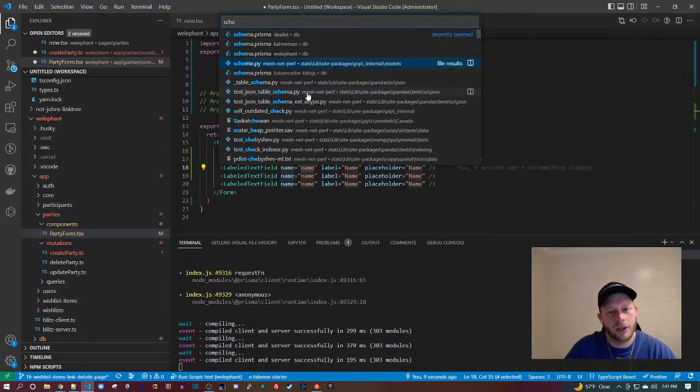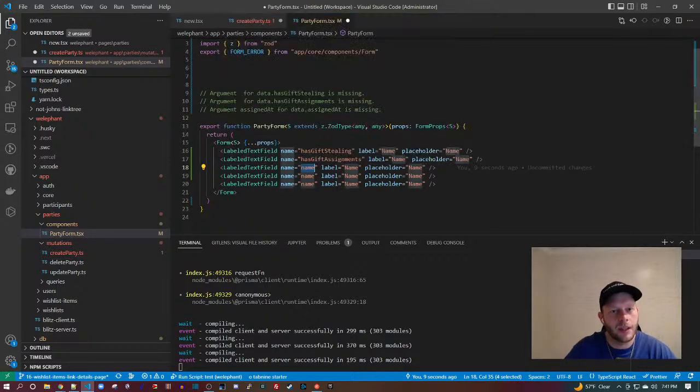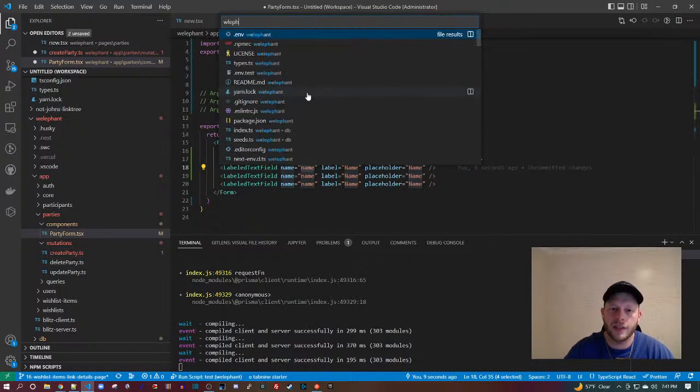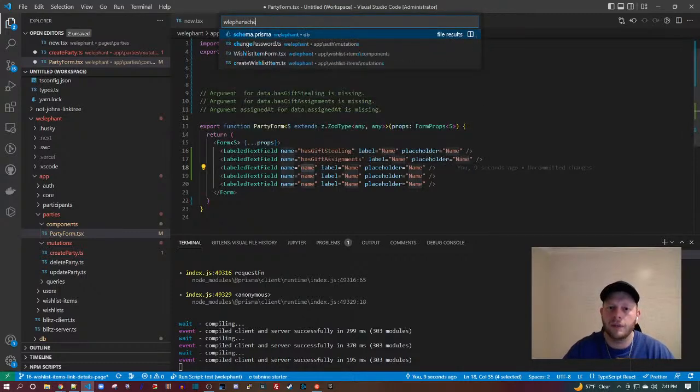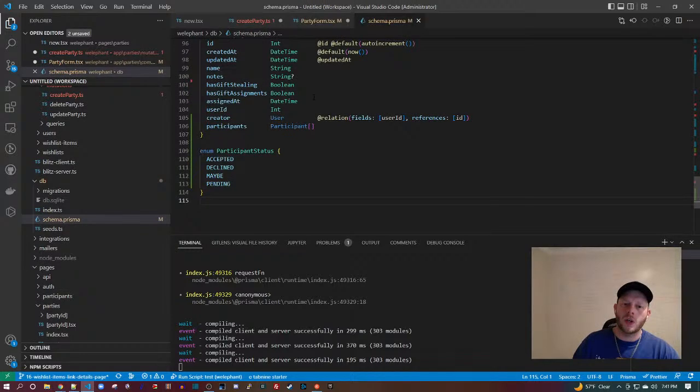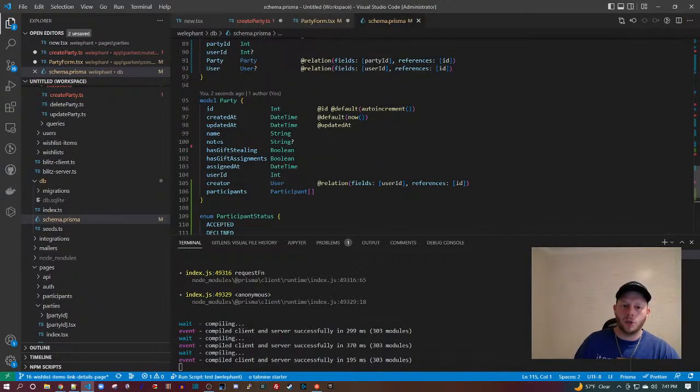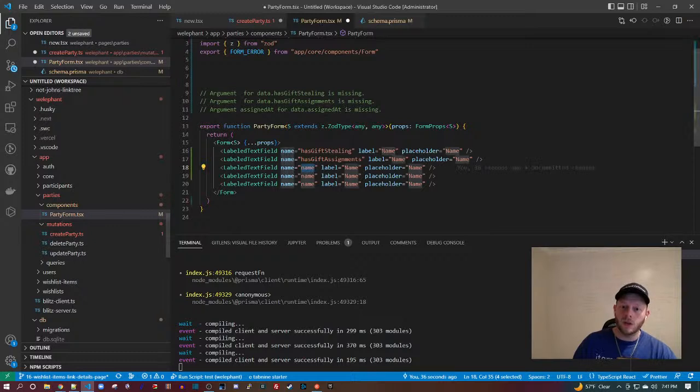What is this application called again? I forgot where I am. This is Welephant. Welephant schema. Okay. So it is called party notes. Party notes. Cool. So we're going to change assigned at to be an optional date time. Okay. We're going to come over here to say, keep it kind of alphabetical, so name and notes.